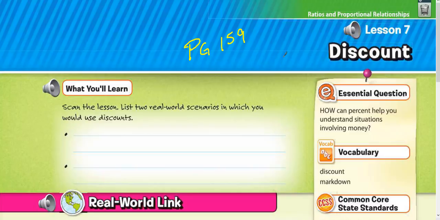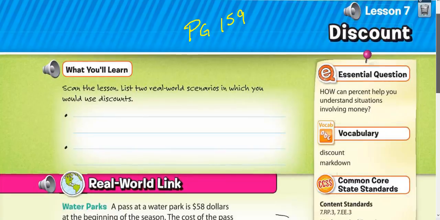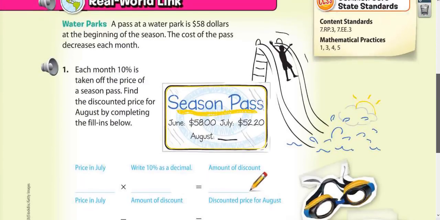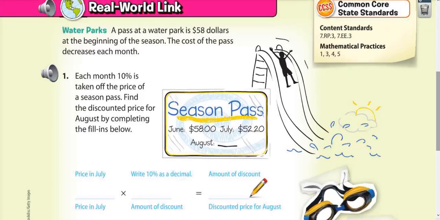So if you haven't already done so, open your book to page 159 because we're going to go ahead and go through the lesson on discounts. So we're going to start with this real world link for a water park. You're going to buy a pass at the water park, and it costs $58 at the start of the season. So when the whole summer is still ahead of you, you would pay $58 for this pass to the water